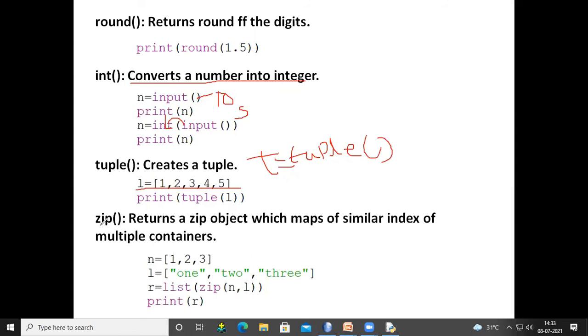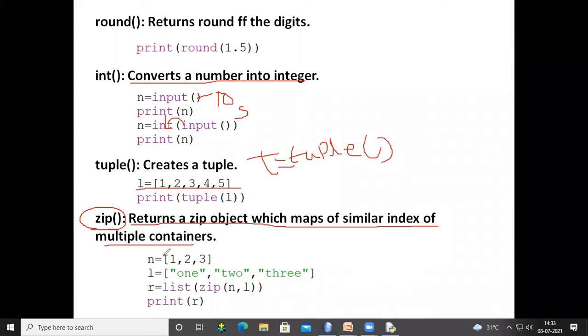The next function, zip function. This is also a very important function. In many programs, we are going to use this zip function. The zip function returns a zip object which maps similar indexes of multiple containers.